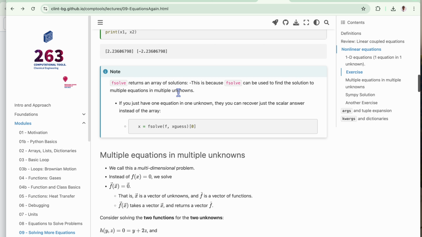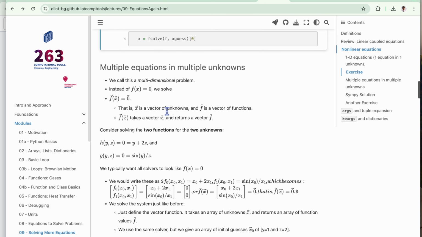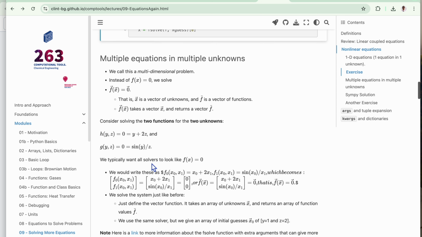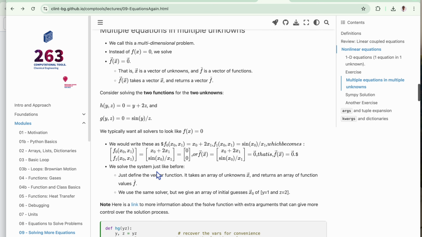And you can get an array of guesses like I just mentioned, but I think there's an example down here that we'll go through. So, multiple equations and multiple unknowns. This is a function equal to x, so we're trying to solve that. Or we can make it an array of functions and multiple variables. So x is a vector, and f is a vector of functions. So we have two functions here, let's say h and g: y plus 2z, and sine y divided by z. And we can write that something like this right here,